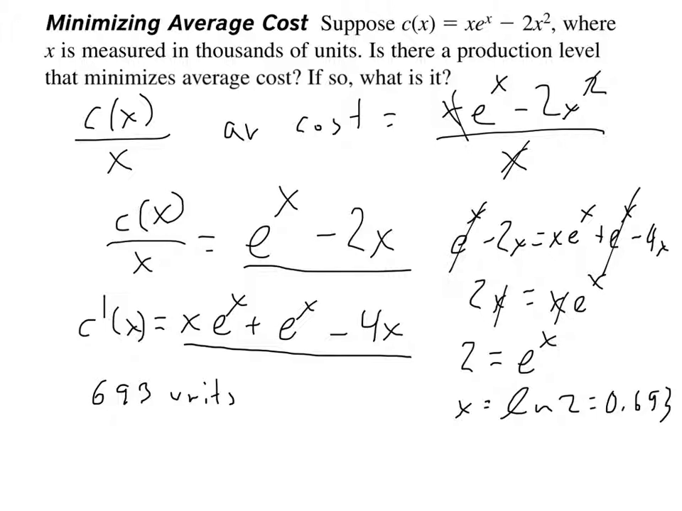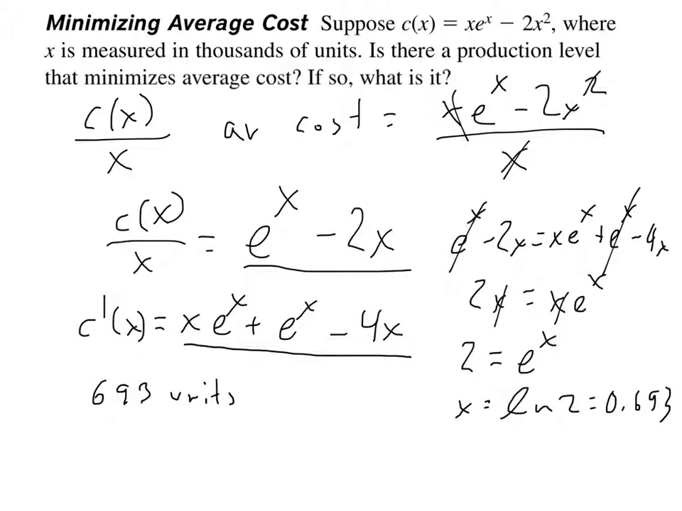Now I do just want to double check and make sure that this is a minimum, so we can always check the concavity of this. To check the concavity, we want it to be concave up, so we want the second derivative to be positive. So I've done the first derivative. I just need to do the second derivative of this average cost,